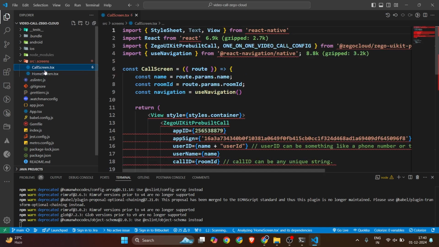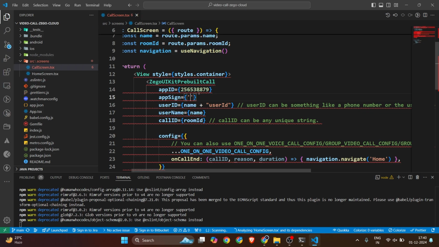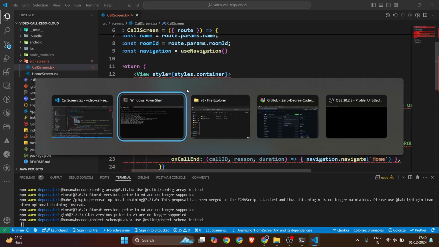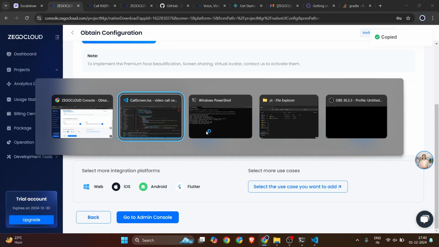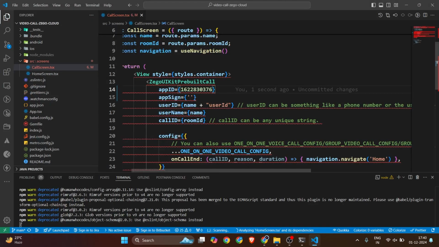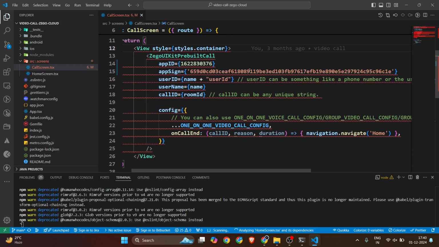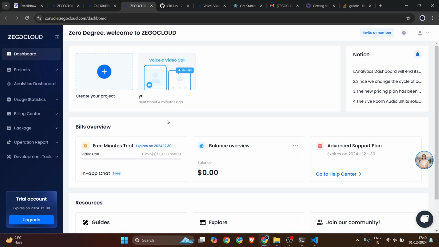Inside this call screen we had added the logic. So here I'm going to remove this app sign, and you guys have to remove it too and add your own. Let's go back to ZEGOCLOUD, copy the app id, add the app id here, copy the app sign, and add it here quickly. Make sure to use your own credentials, because this will expire in a few minutes. So this is all. I would suggest ZEGOCLOUD is really a great platform if you guys are building a